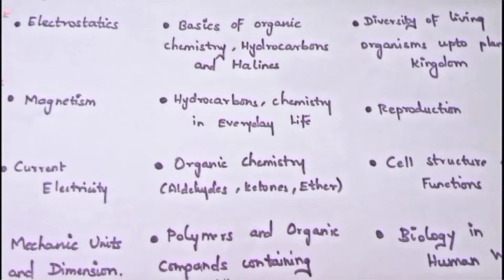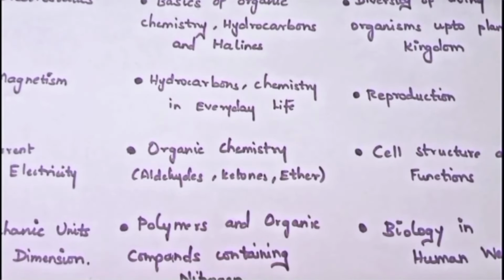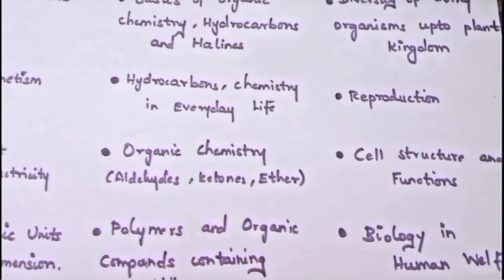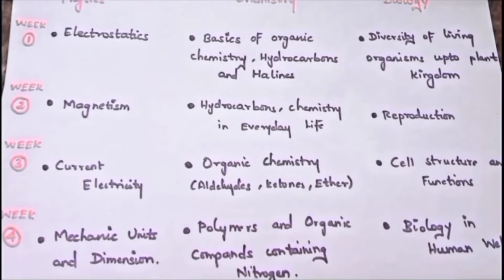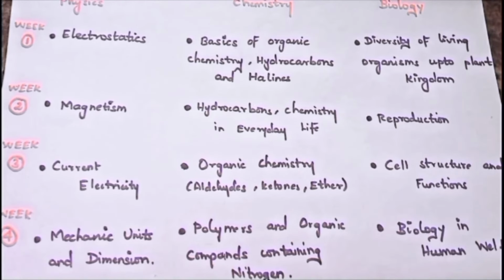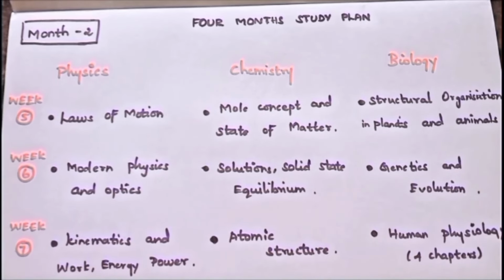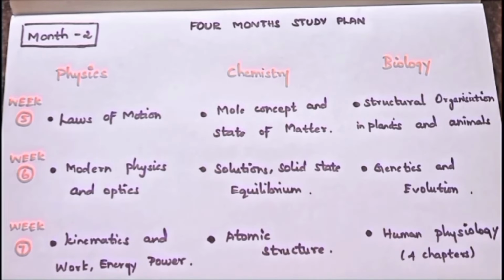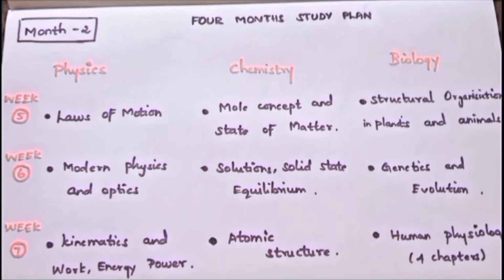Fourth week, in physics, mechanics, units and dimensions; in chemistry, polymers and organic compounds containing nitrogen; in biology, human welfare. These are the 12 units of the month. Fifth week, physics, laws of motion; chemistry, mole concept and states of matter; in biology, structural organization in plants and